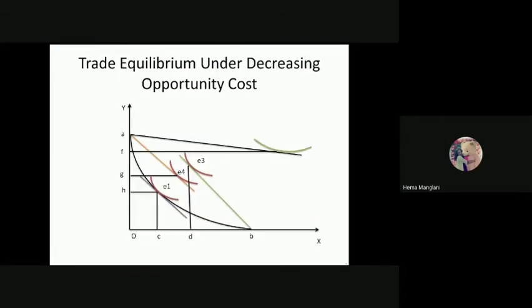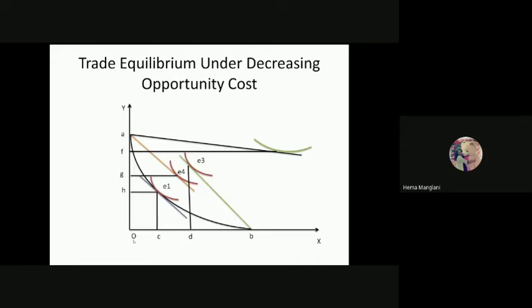So we generated three different triangles. The one is AGE4, then E3DB, and AF. You assume there is the E2. Okay. So these three different triangles in different conditions. The conditions are different, but here the price lines are similar, and here the price line is different. So based on this, the country would take their decision and they would analyze their gains.